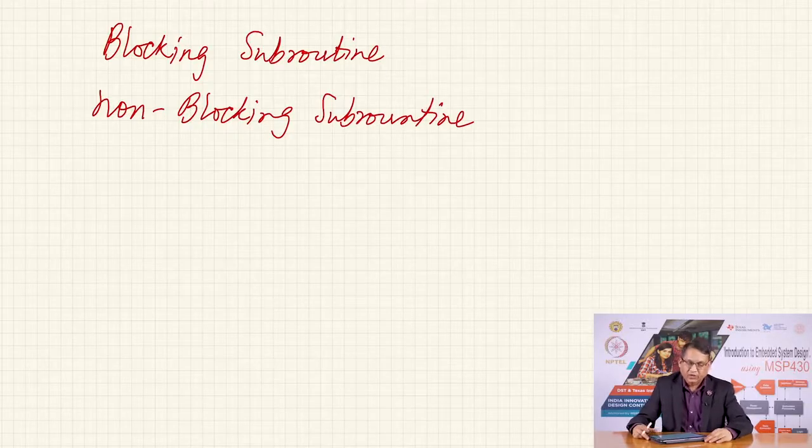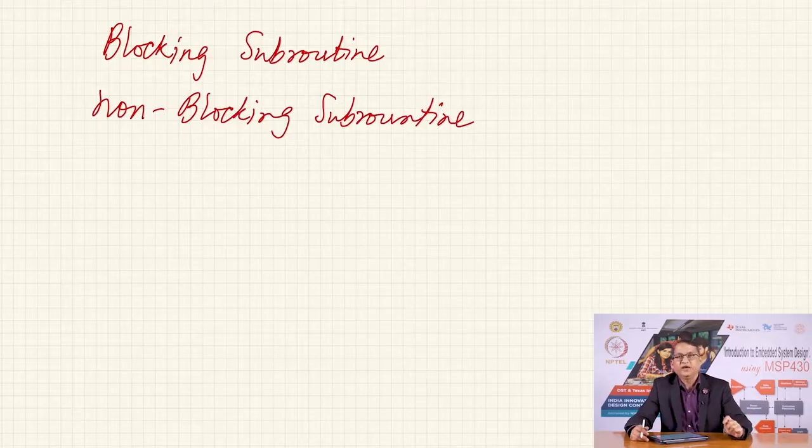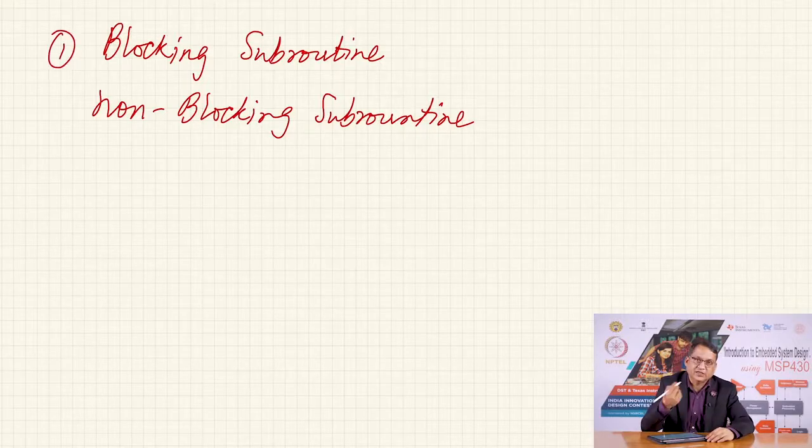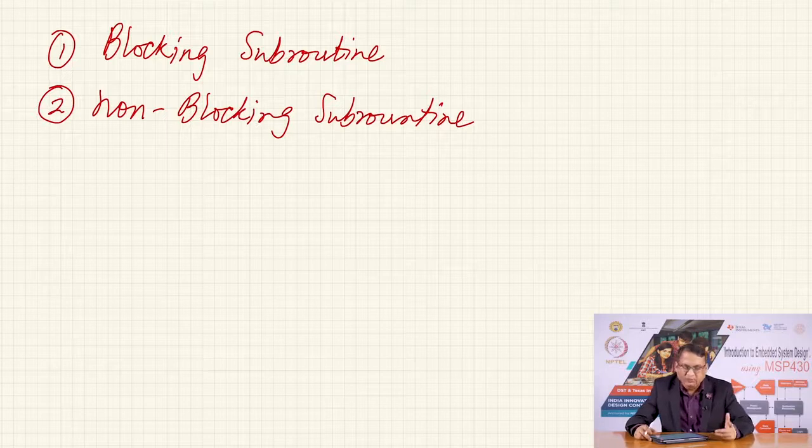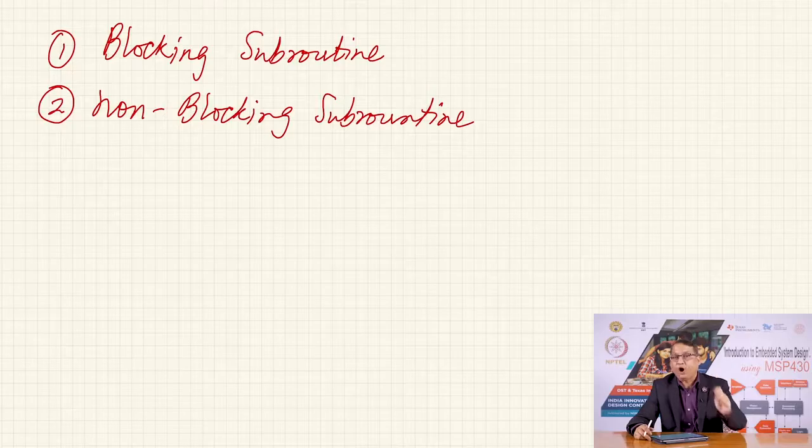Now, in the programming exercises that we covered here, the reading of the switch was in the main program, but you could as well offload it to a subroutine, and you could write the subroutine in these two fashions. You could write the reading of the switch as a blocking subroutine, or as a non-blocking subroutine. In the blocking subroutine, what are you going to do? As the name suggests, it blocks, meaning when you call this subroutine, it is going to wait till that intended